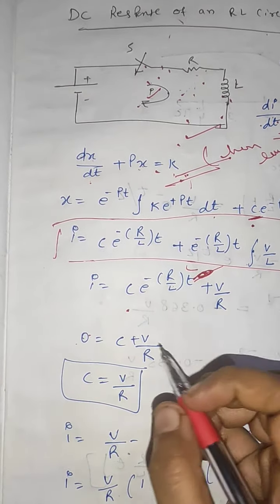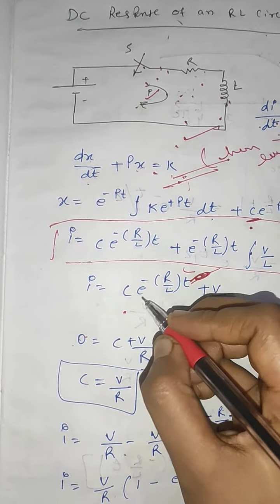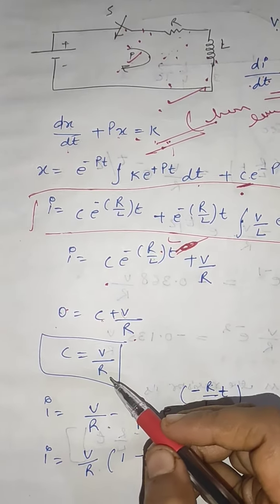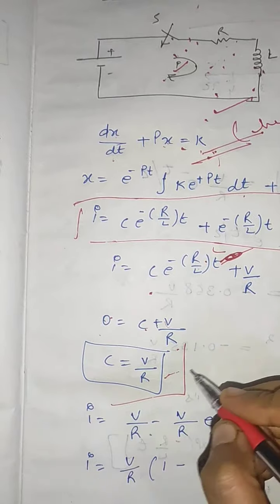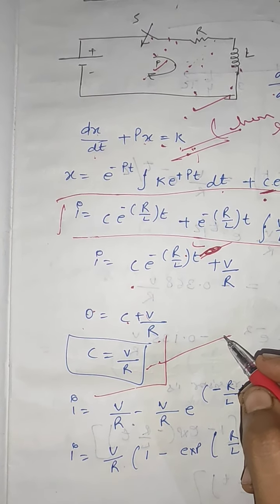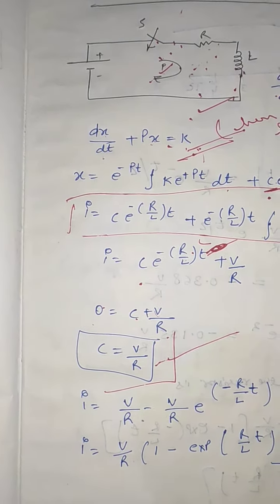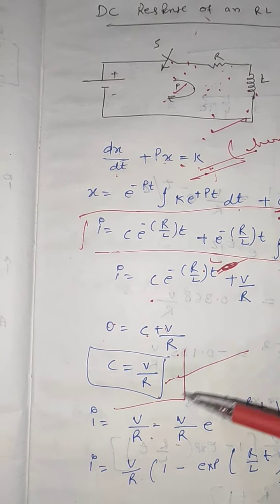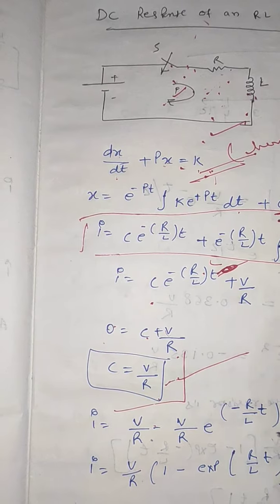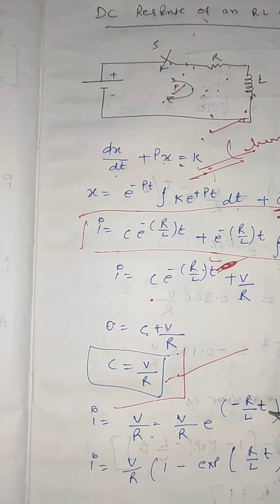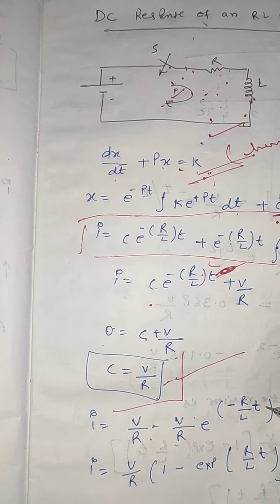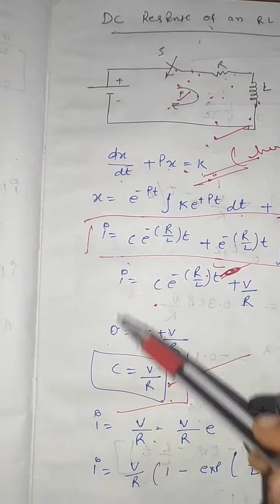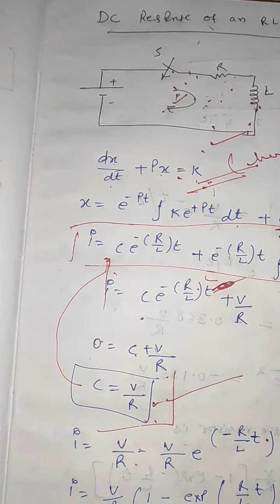Since e to the power 0 is 1, we get 0 equals C plus V upon R, so the value of C is minus V upon R. Substituting the value of C in this equation and solving, we get i equals V upon R minus V upon R e to the power minus R upon L t. Substituting C equal to V upon R in this equation,